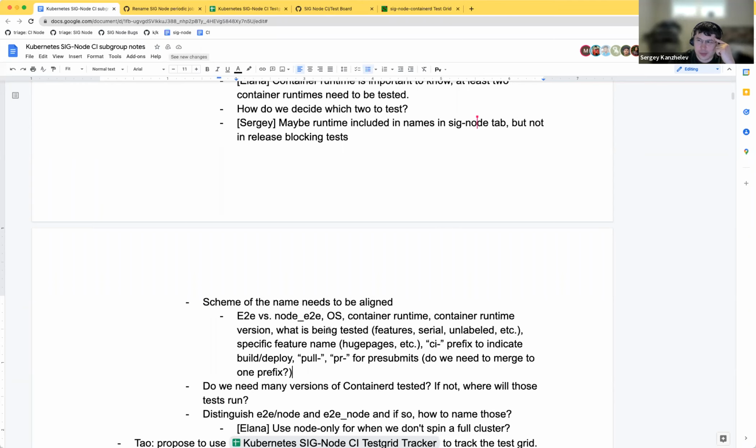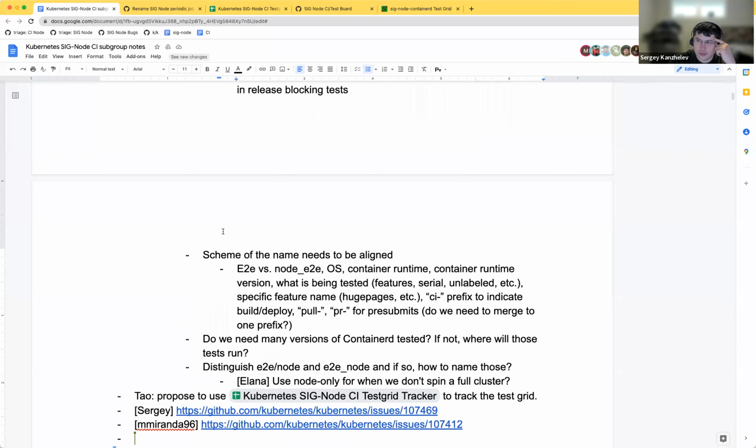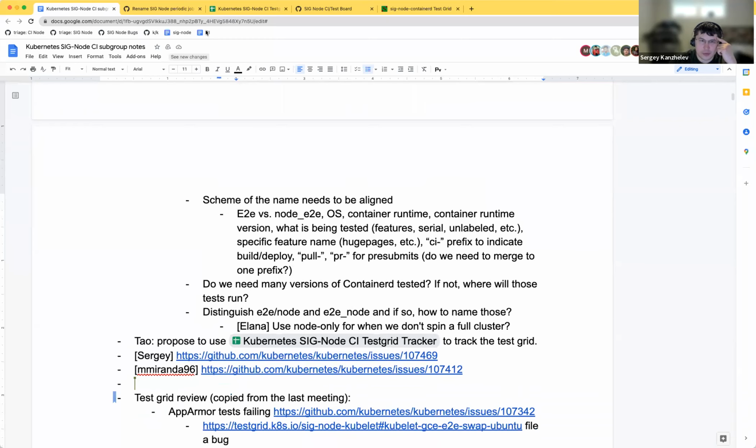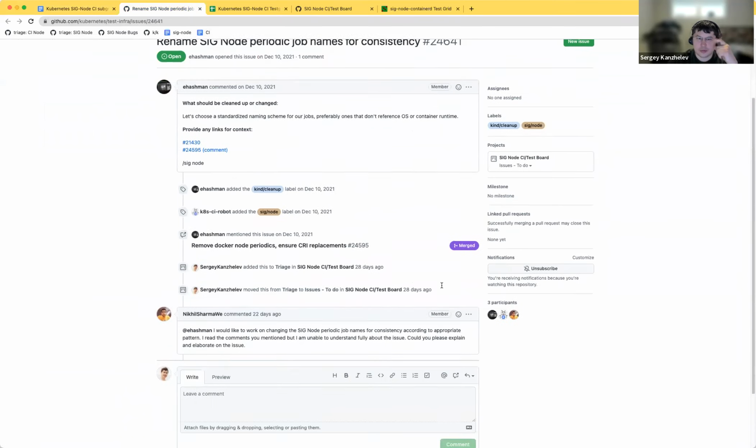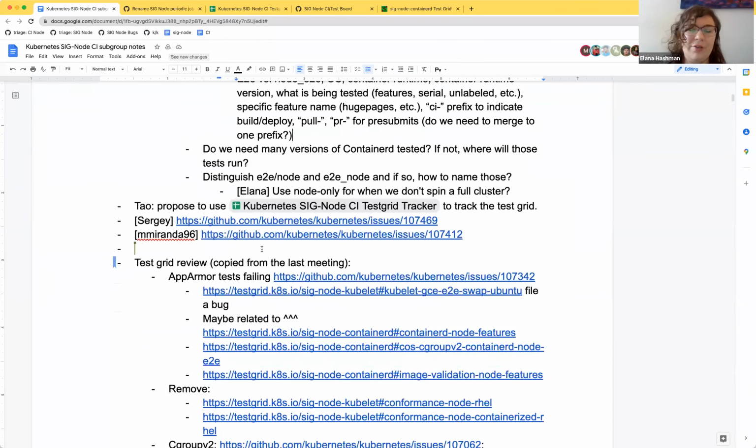Do you want to take it back to the issue and discuss it there, and then send an email to test infra? Assigned. I can assign myself. Yeah, sounds good. I know we had a new contributor look at that one and ask how they could help. We hadn't put a lot of info in there because we were using it more as a tracker for us. So now we can maybe put in some of the discussion.